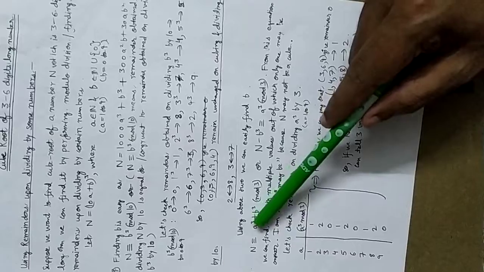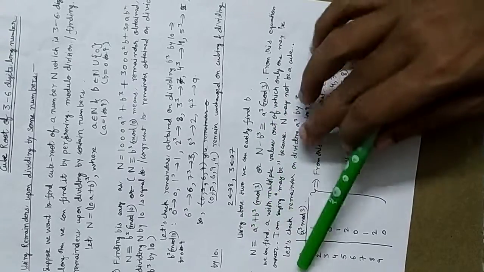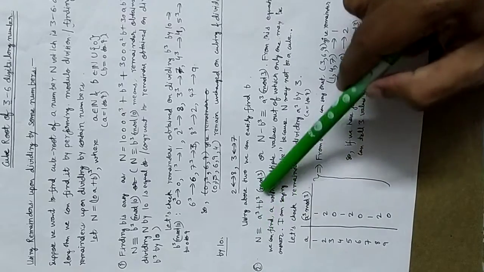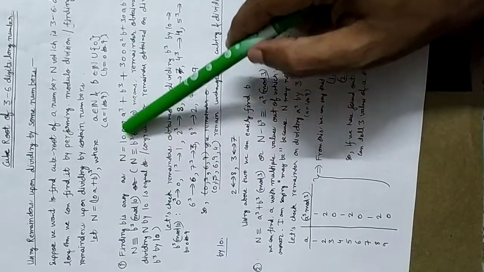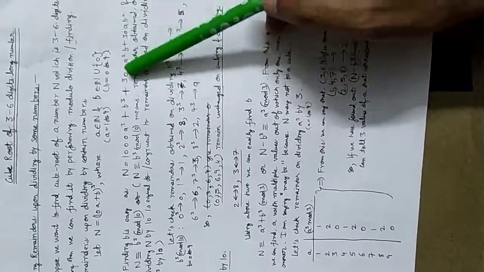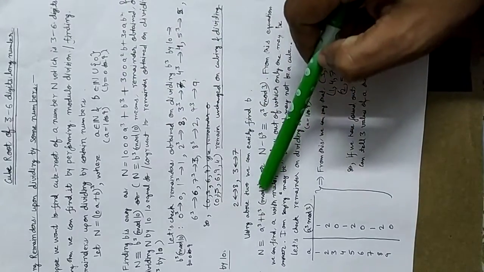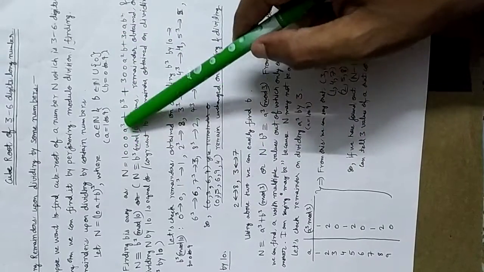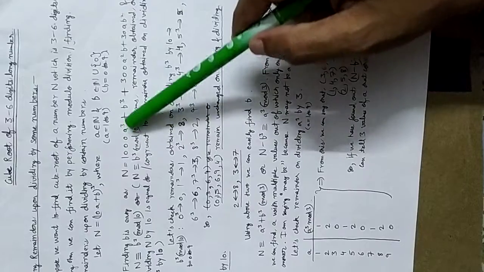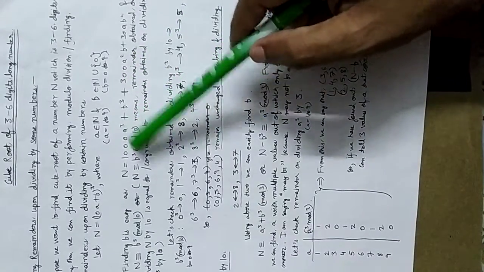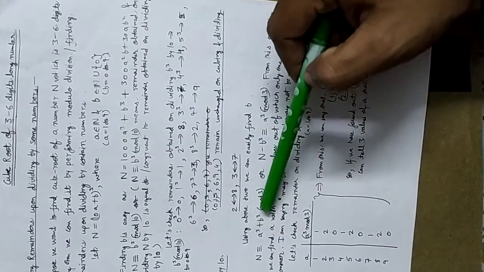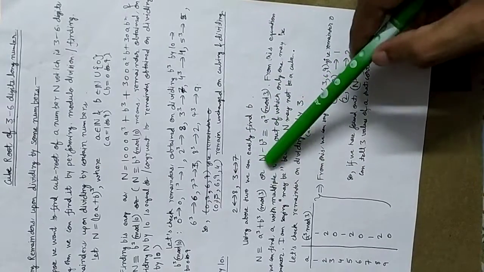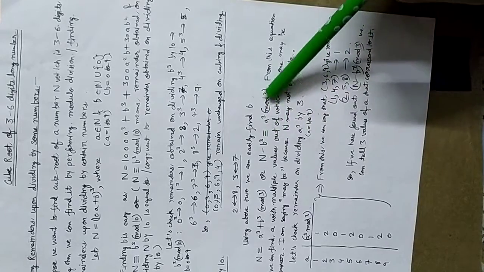Also I missed one point, how I reached this equation. Here n is equal to 1000a cube up to 30a b square. Upon division by 3, we can see that 1000 leaves remainder 1 upon division by 3. So we get n is congruent to a cube plus b cube mod 3. And on shifting b cube to the left hand side, we get n minus b cube congruent to a cube mod 3.